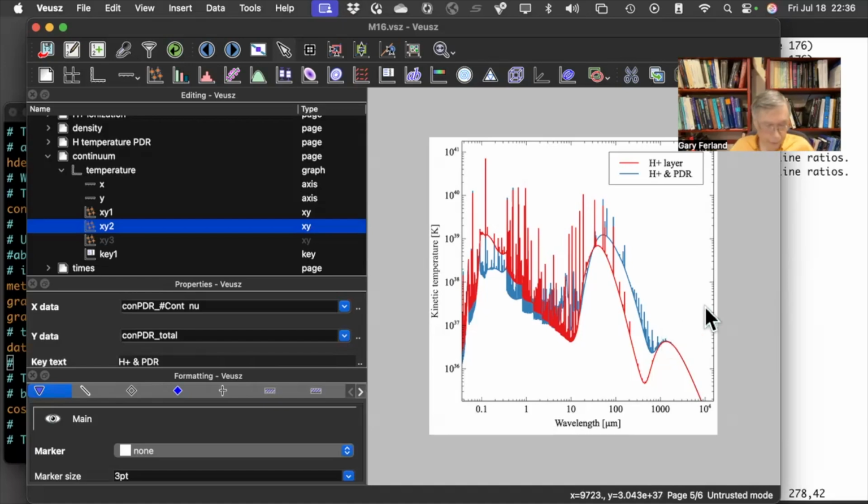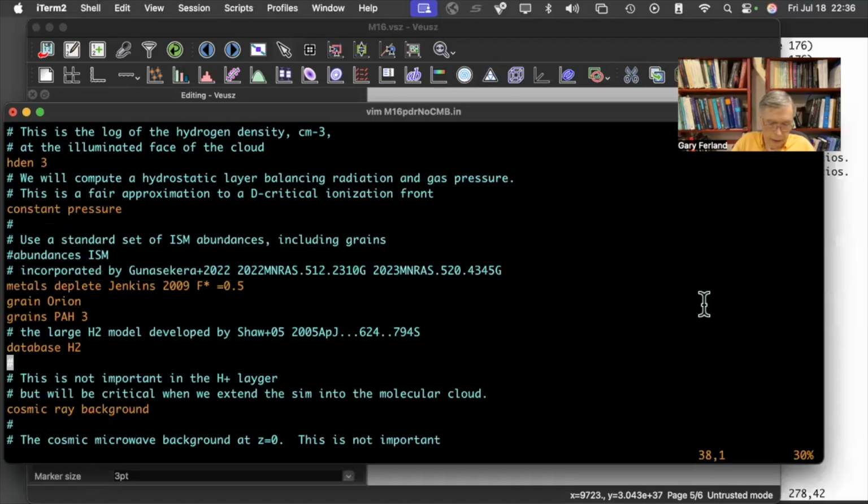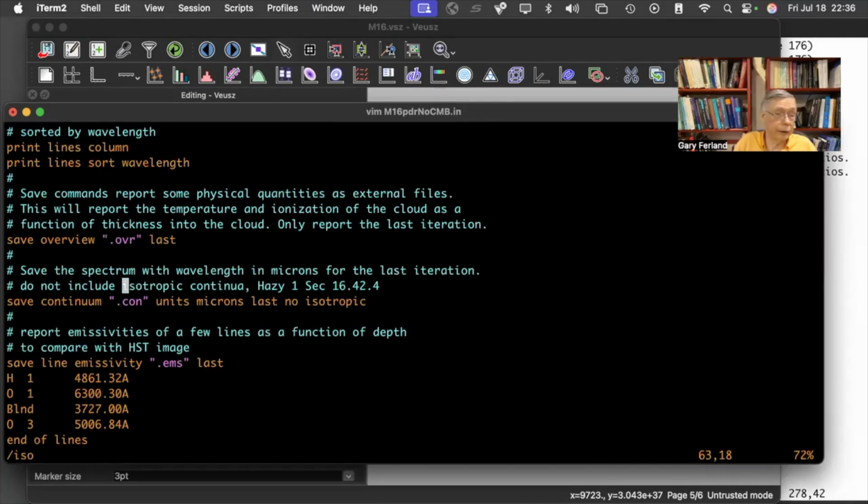Cloudy has a command that will let us do that. Let's go back to our input script. So we want to, here we go. There's an option, no isotropic. So any isotropic radiation field is assumed to have been removed by one of these two chopping mechanisms. So the CMB is the most important isotropic radiation field. It's described in this section of Hazy. So we did that,